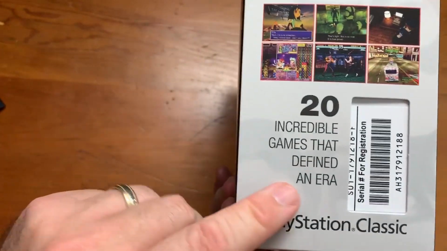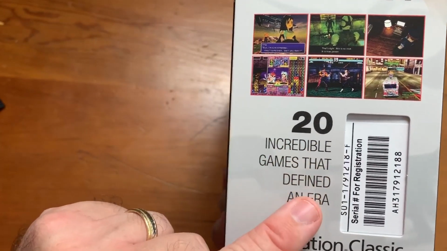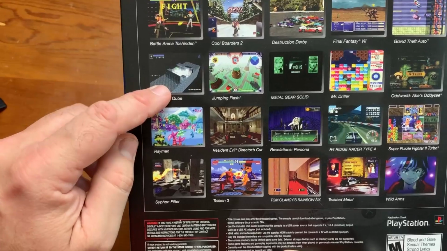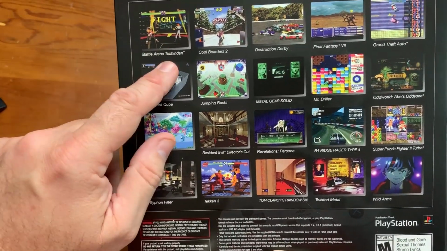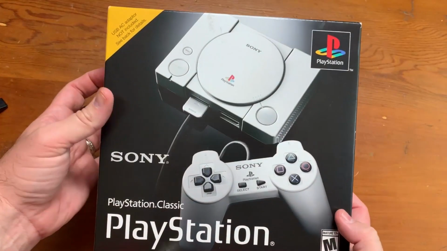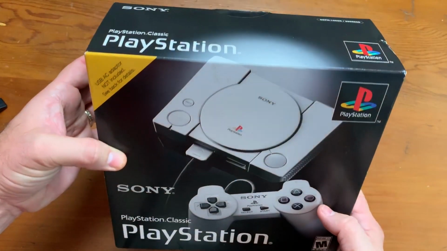and then here on the side, it's pretty funny. 20 incredible games that defined an era. Wild Arms defined an era. Most people don't even know what Intelligent Cube is. I don't think Toshinden defined anything. Final Fantasy, maybe. All right, now I'm gonna go ahead and open this up because I'm kind of curious, and